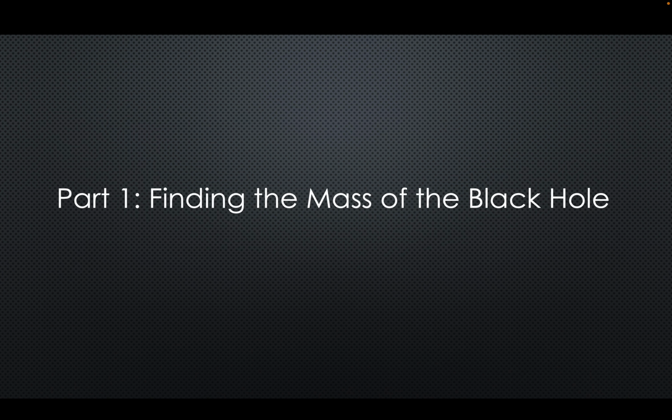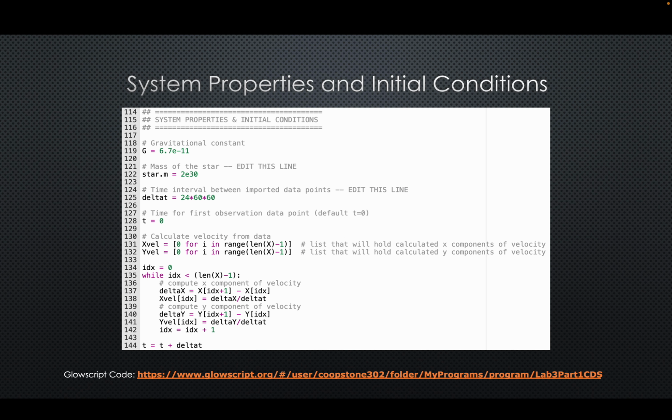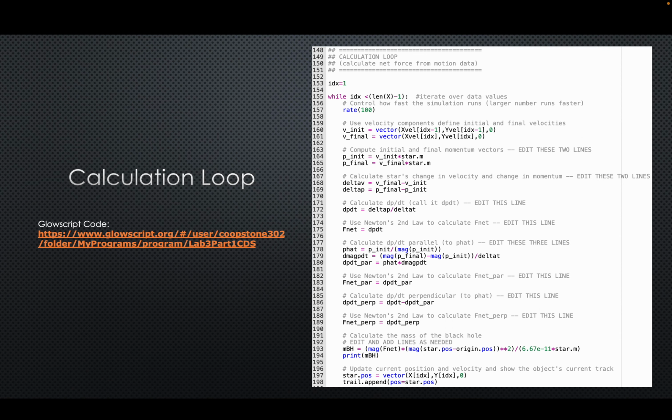So part 1, we find the mass of the black hole. Here are the initial conditions. You can see the star mass, the universal gravitational constant, and then the time steps, with each time step being 1 day in seconds. And then the calculation loop, where I said find initial and final velocities and momentums, as well as finding the change in momentum over time, which I set equal to net force,